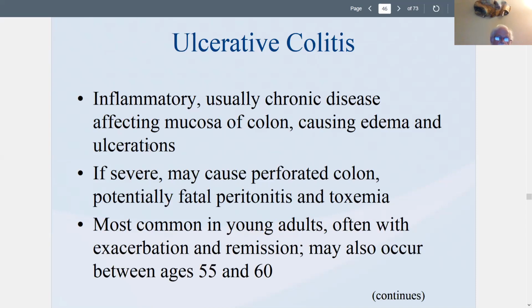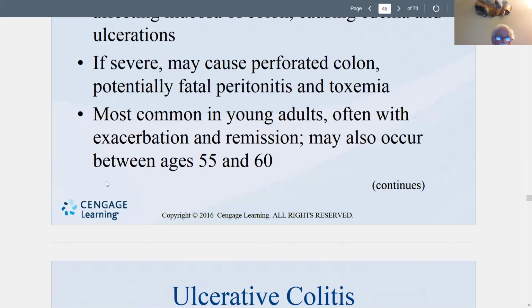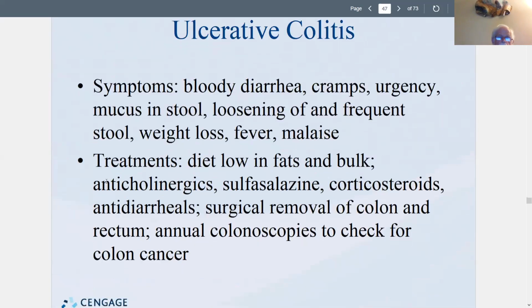It's most common in young adults, and what we see is a cycle of the disease getting worse, getting exacerbated, and then getting better or going into remission. It also can occur in older patients. These are pretty nasty symptoms: bloody diarrhea, cramps, urgency, mucus in the stool, frequent and very loose stools, weight loss,